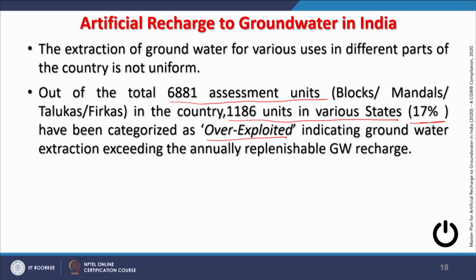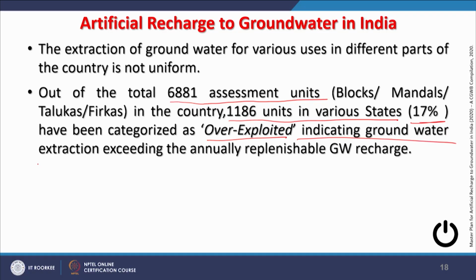These areas should be the priority areas for artificial recharge, so that this word 'over' is removed from there, and that is possible. What I am trying to say is, whatever we have discussed about recharge of our aquifers is not impossible. Almost every place it is possible. The only thing is to find suitable sites, suitable locations and appropriate structures for groundwater recharge,